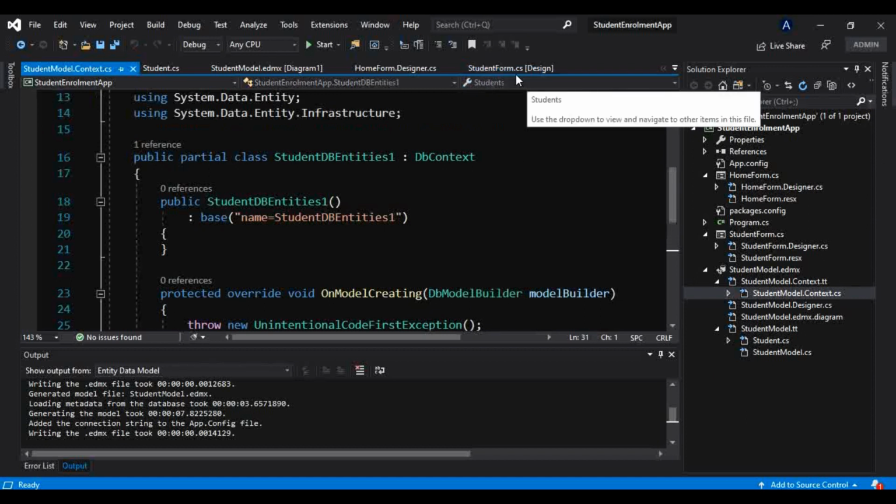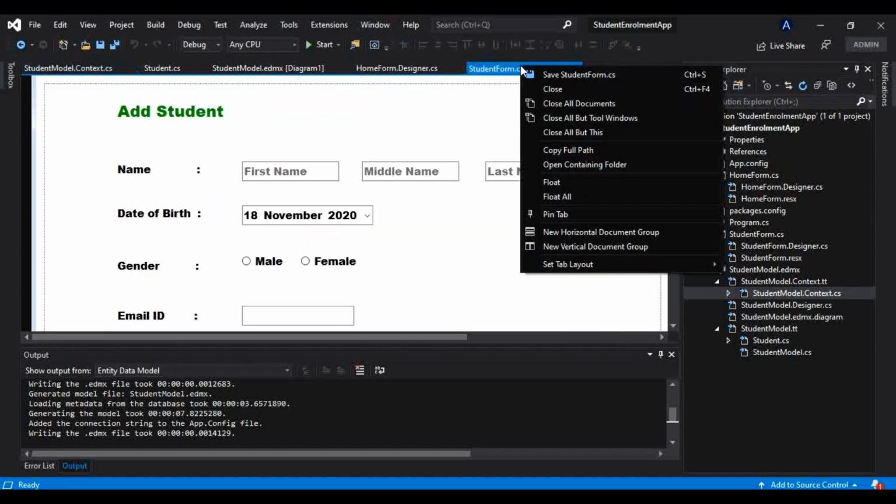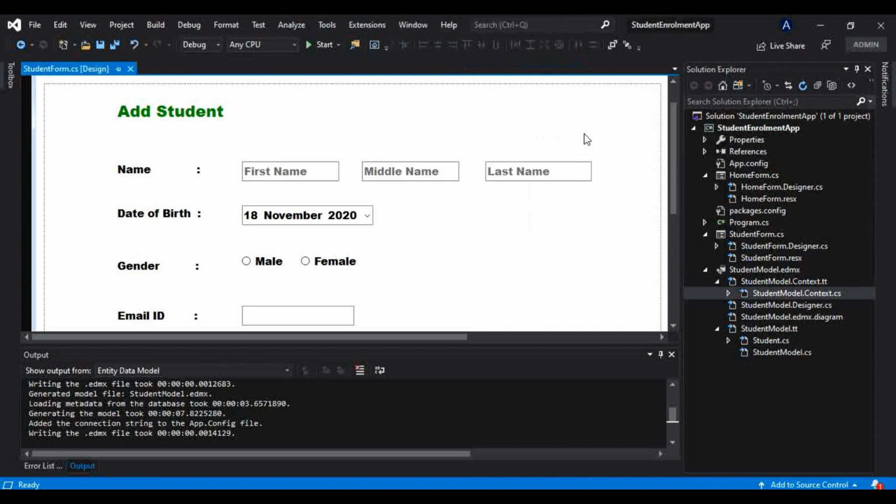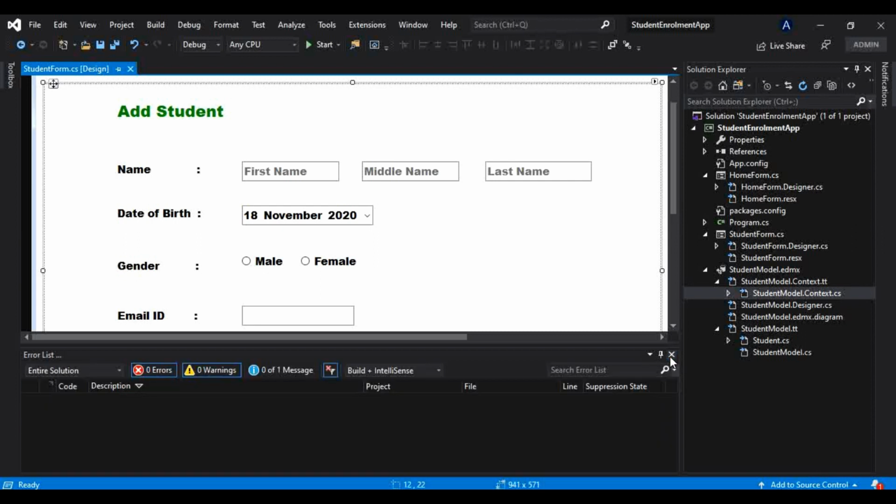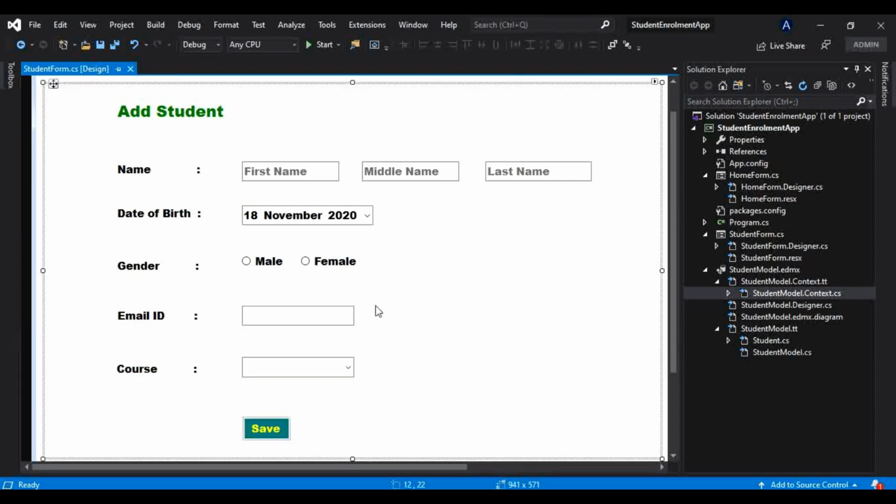I will close everything except this. Whatever information the user enters here, after clicking the save button, that information should get saved into the database.